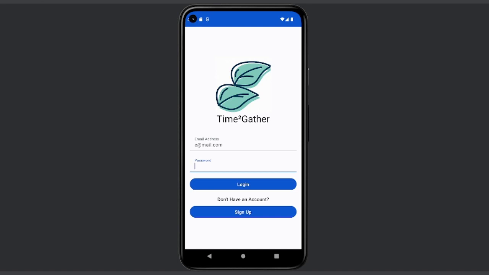Hello everyone, this is our app Time2Gather, and without further ado, I'll pass it off to my colleague Lanjing to introduce the login features. The first screen that appears when you open the app is the login screen, where users